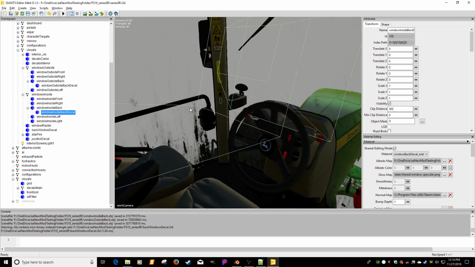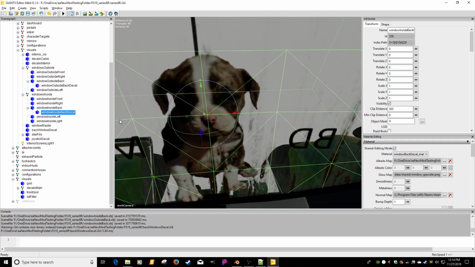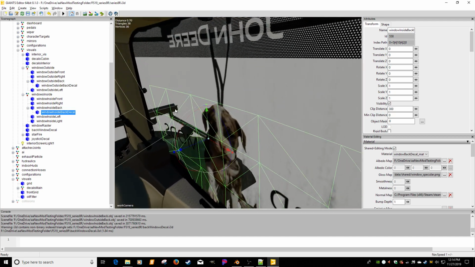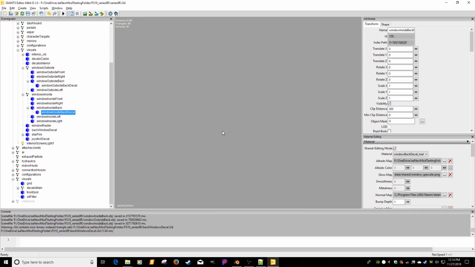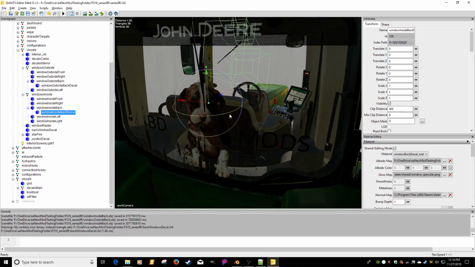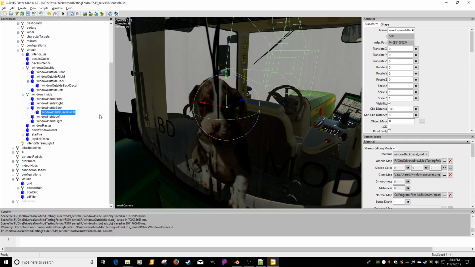I didn't see it doing it on the inside, but that's why I moved it. And it seemed to have worked fine on the inside, so I don't know. Maybe I went the wrong way in Blender. We're not going to worry about it too much because we can actually move it this way, like I was saying. So, to prove a little bit too that the dirt is actually doing something,